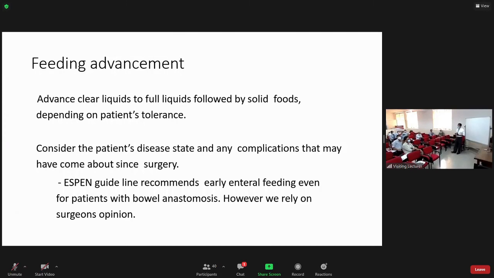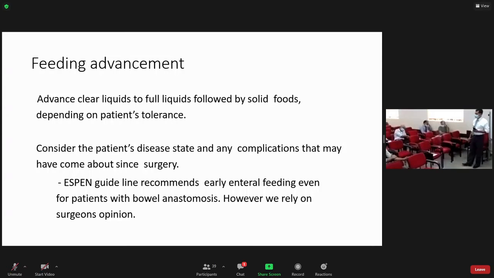Yes. The reason why we delay is that when there is ileus, we want to make sure that the gut is functioning. If there is ileus, what happens is the gut distends, accumulates further, and compromises blood supply. So the moment we know the gut is functioning, feeding from day zero is acceptable. But we give small feeds, we give fluids to see if they tolerate it. As they tolerate it, we upgrade. Right. And different parts of the gut recover at different stages.